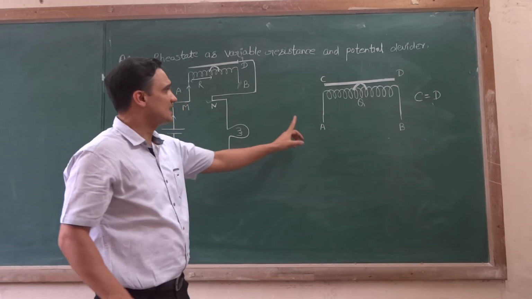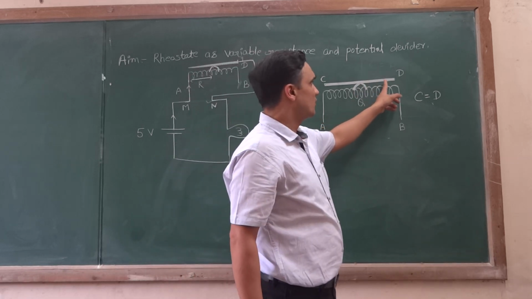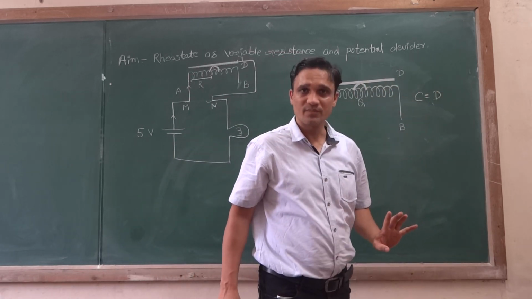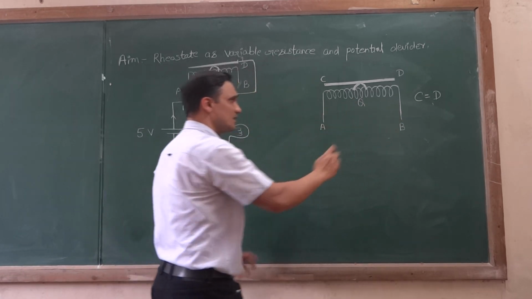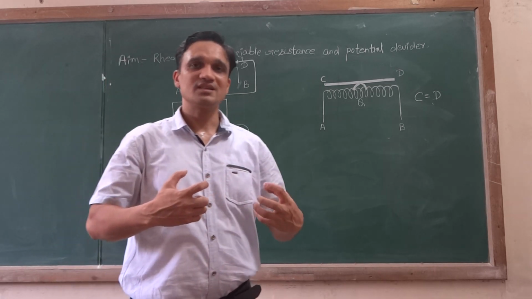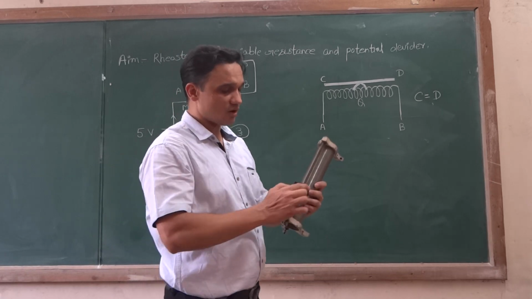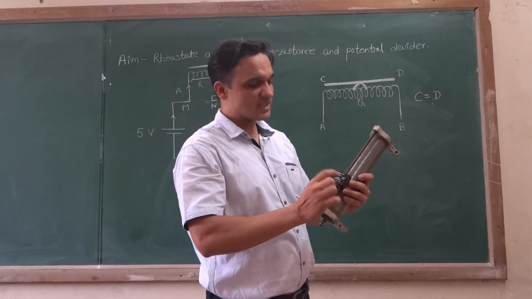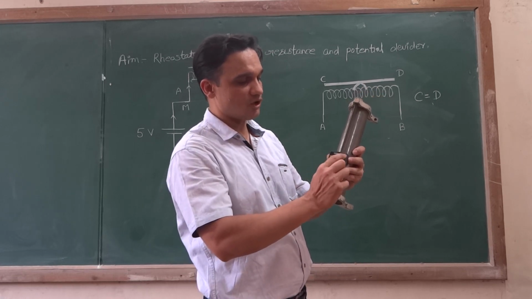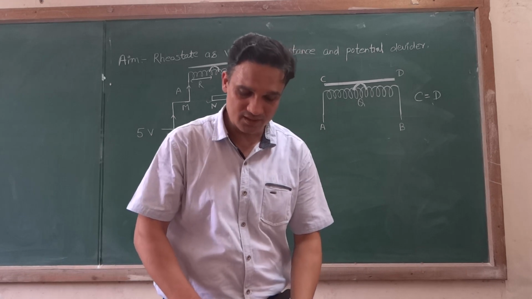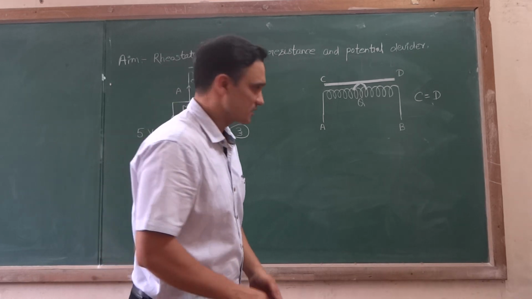The current is basically entering at the point A in the rheostat and leaving through the copper rod point D. Alright. So when you slide this slider on the rheostat, the required amount of resistance can come into the picture, and all the specifications of the rheostat are always mentioned on the top of it. The maximum resistance which can be offered by it is 400 ohms, which is mentioned on the top of it. Okay, the number of turns and total resistance, these things are mentioned on the top of the rheostat.